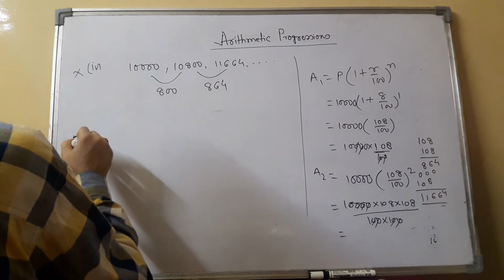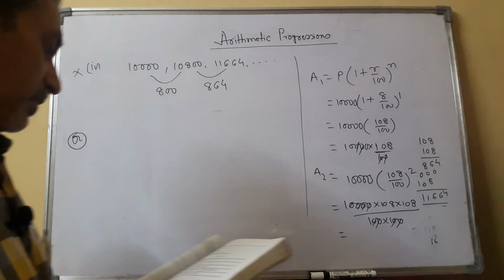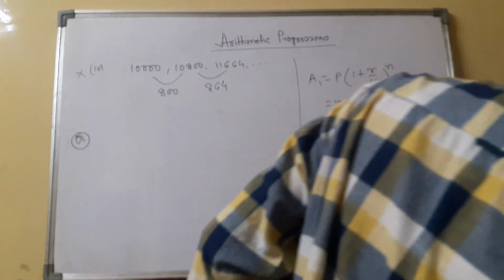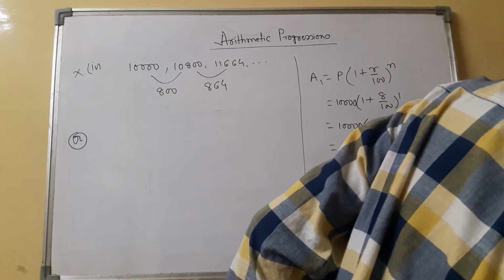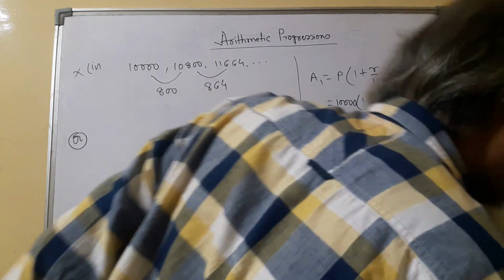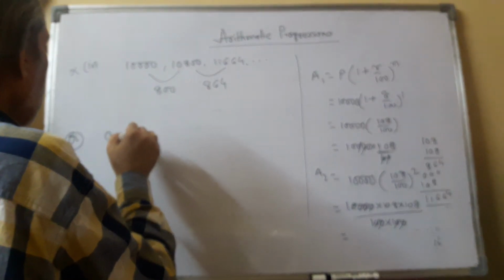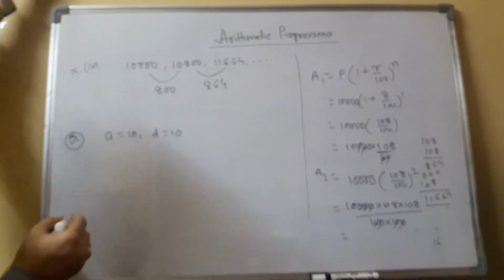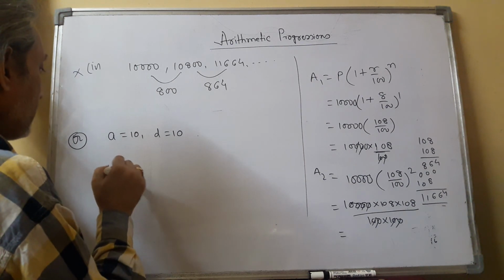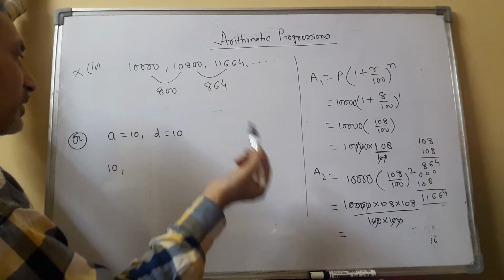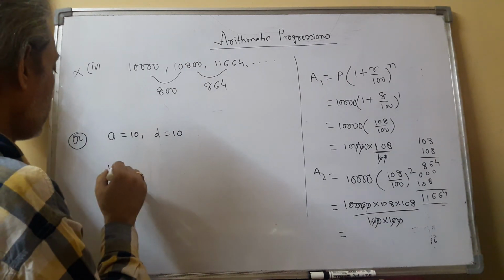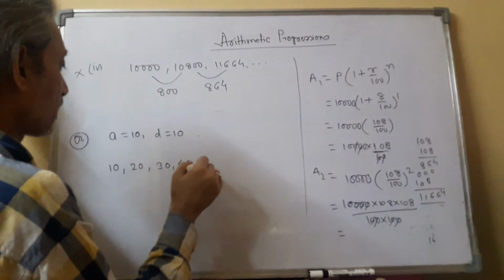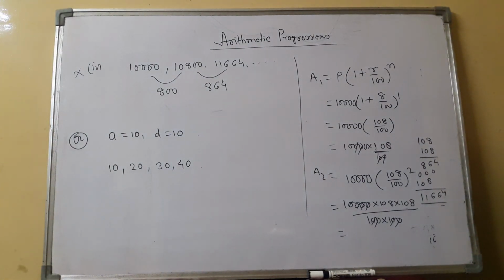Now question number 2. Here we need to find, the first term is given, d is given, find the 4 terms. A is 10 and d is 10. So what we will do is, the first term is 10. Now we have to keep adding d to the first term, then you will get the subsequent term. So the next term will be 20, plus 10, 30. We have to find 4 terms, so it is done. So likewise you can complete question number 2.